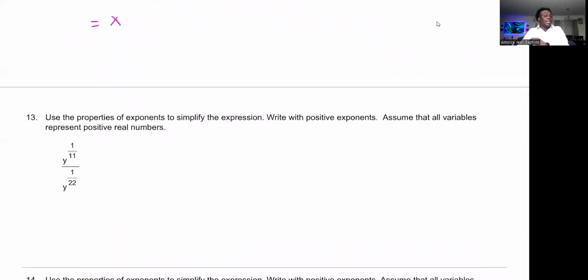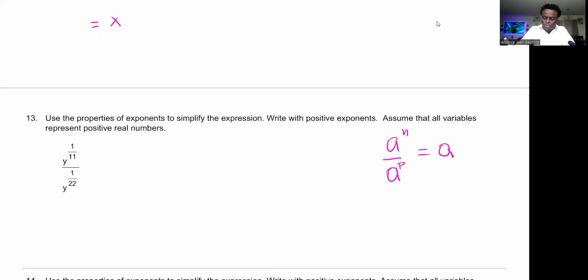Well, when you divide, the only thing that changes is as I have the same base, n over p, you write it as one base, and then you subtract the exponents. So n minus p, it's always the exponent in numerator minus the exponent in denominator, but you have to have the same base. We have the same base here. So that equals y to the power 1/11 minus